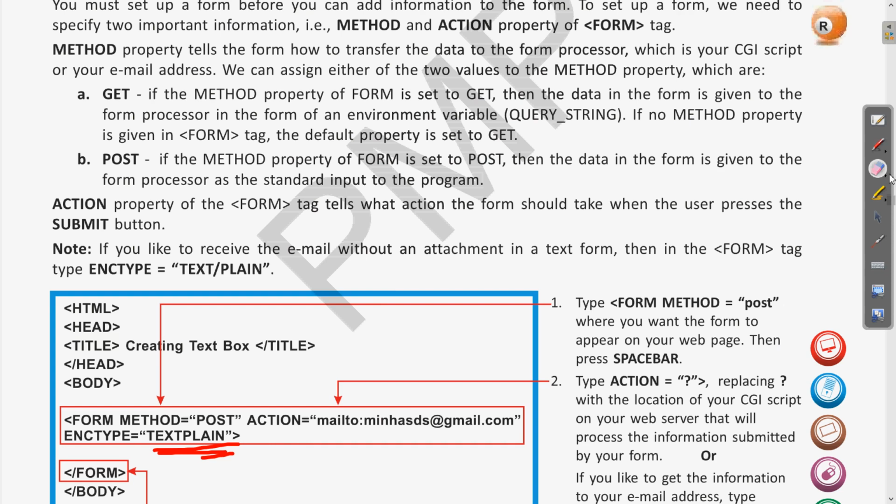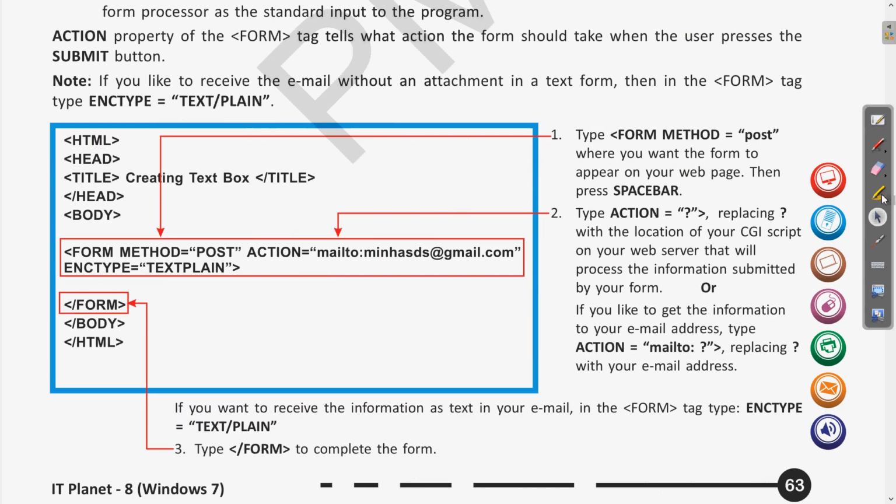Now if we see what are the steps and what is the information given in the form tag, we can read each of these one by one. So first you can see HTML is the basic tag for writing HTML. Then head and body are the two parts of the HTML pages which we design, and in the head whatever title we want to specify can be written. So this form tag will be written in the body tag. You can see here that we are writing the form in the body tag, and in the form we are using both the method and action.